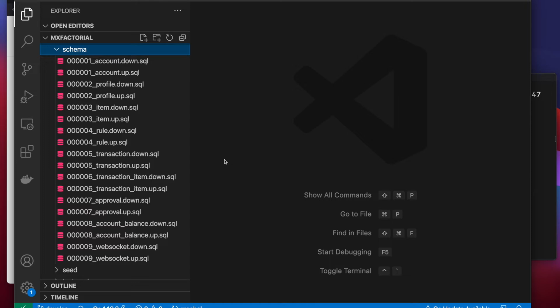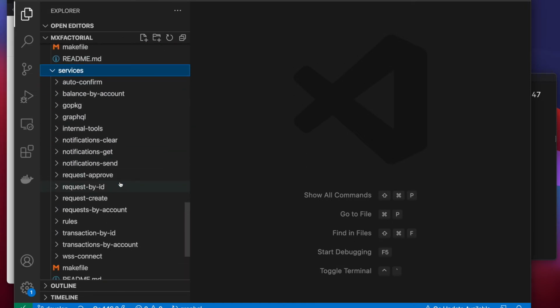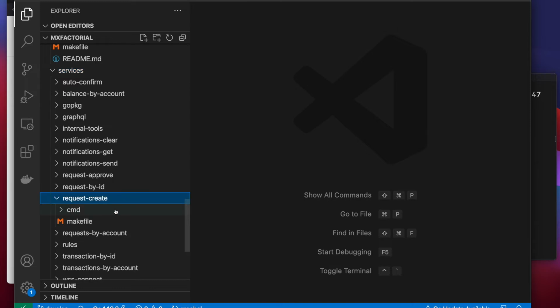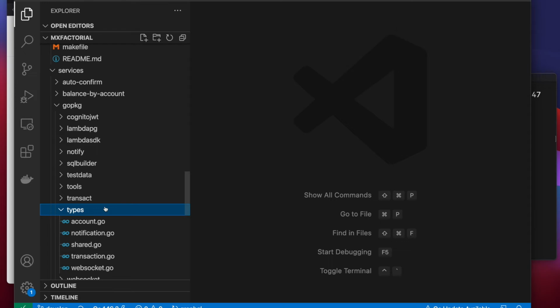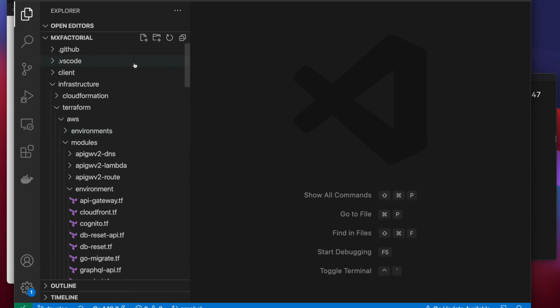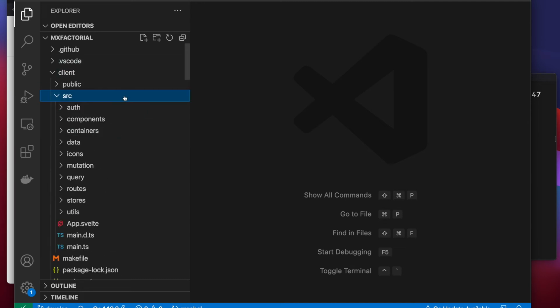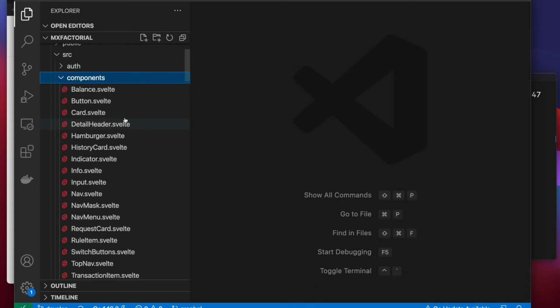The fourth area is the backend code, under the services directory. For example, create a request, approve a request, and type definitions. Backend is blue. Then the fifth area is the client. Click the client directory and open, for example, source components. Client code is red.